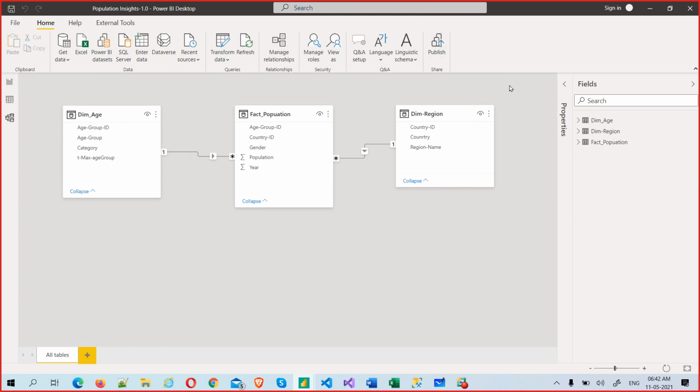In real time, you might work with the Power Query Editor. You might work with only the modeling part. You might work with only the visualization part. You might work with only Power BI service. So your job role would be any of these roles in real time. But we are learning the tool 360 degrees. Anywhere you get a job, you can work easily. So that's the reason you are better than a real-timer.